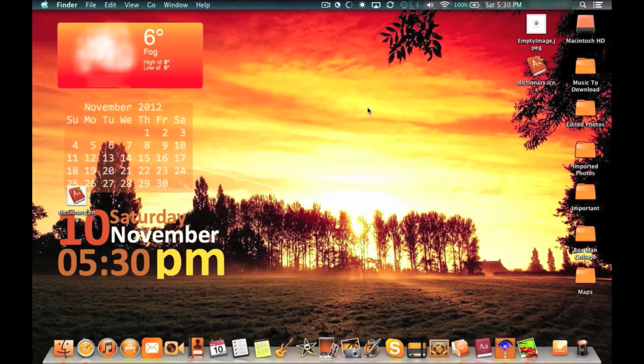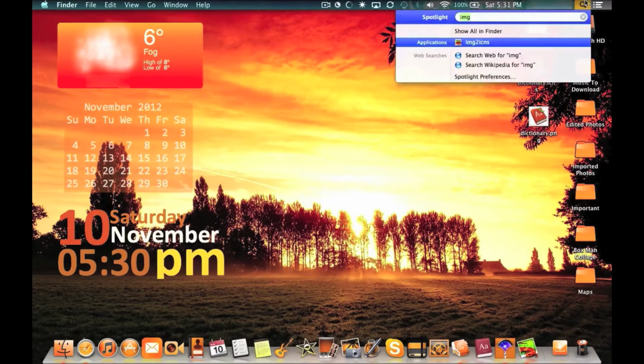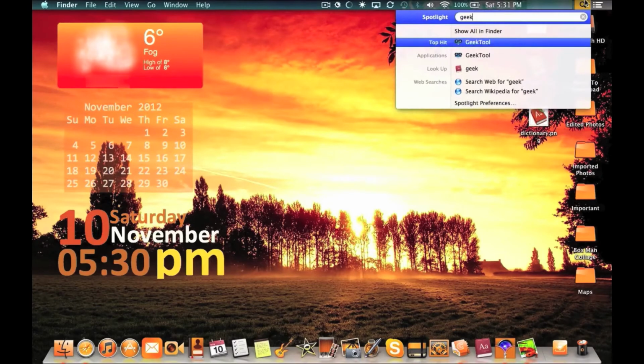So the next application I'll talk about is Geektool. Geektool is how I obtain all of these features in the background here, which aren't selectable. They just run completely in the background, and they can be changed in various ways. So I'll open Geektool,